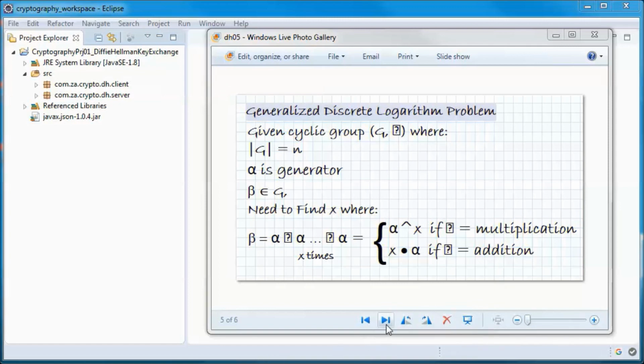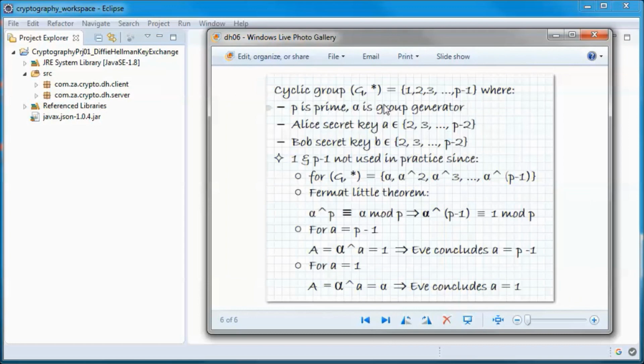And next, let's quickly go over why we pick the secret keys from 2 to p minus 2 and we don't use 1 or p minus 1 in practice. And we do that since for G with multiplication operation, we have alpha to the power of 2, alpha to the power of 3, etc., alpha to the power of p minus 1. They generate this group.